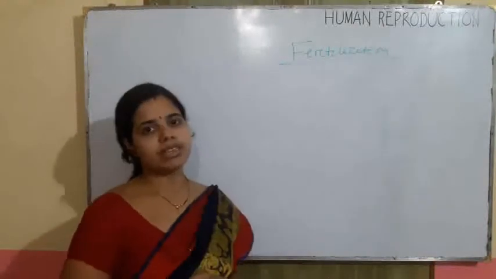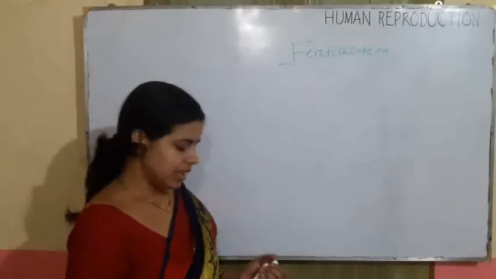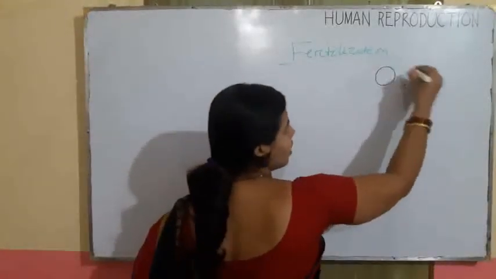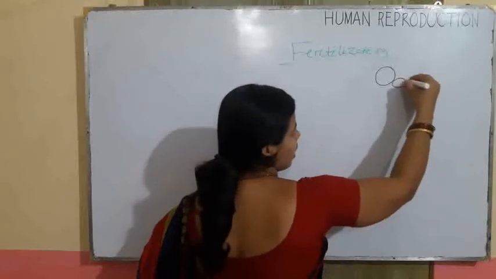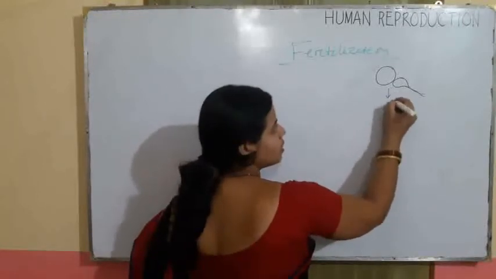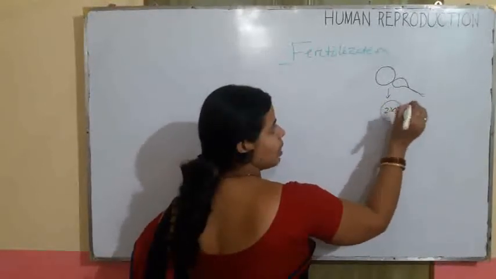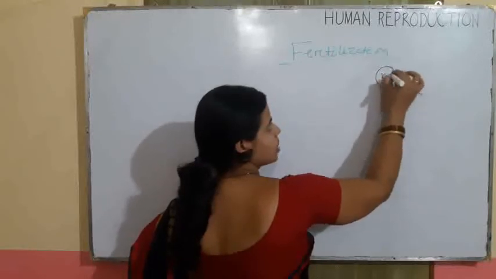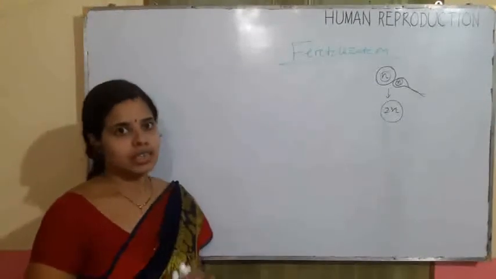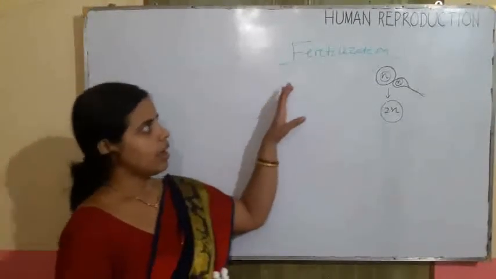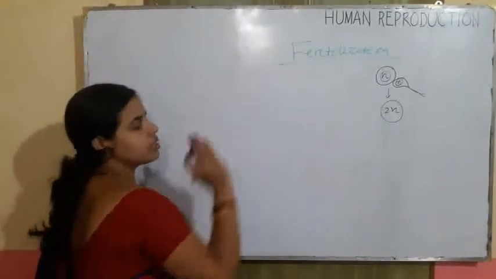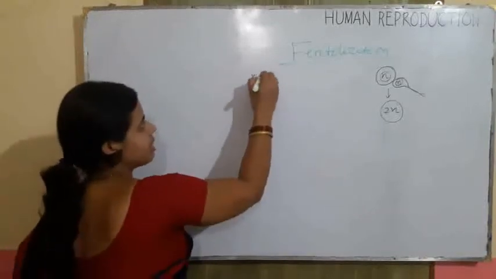So the fertilization process means fusion of gametes. In human beings, these gametes are the ova and the sperm. Ova and sperm fuse together to form a zygote, which is a diploid structure, while the gametes are haploid structures. So the fertilization process starts with that. Always remember that it takes place in